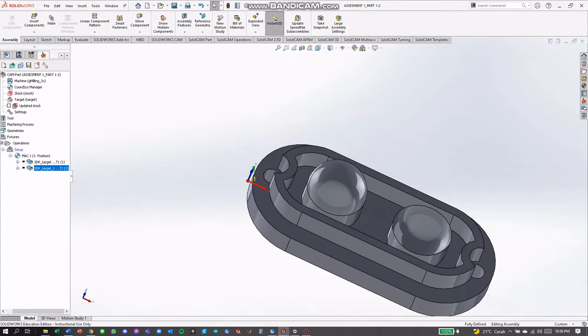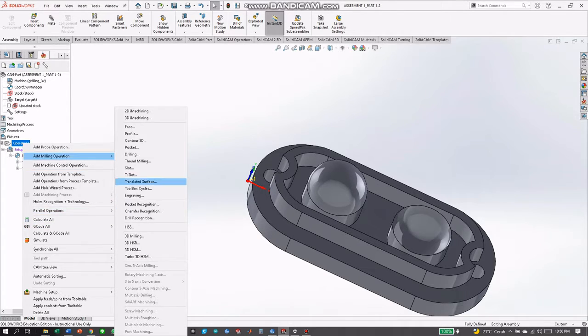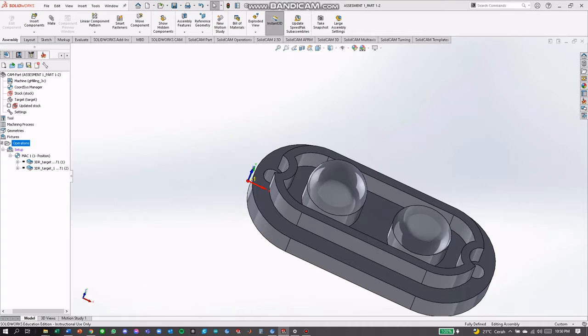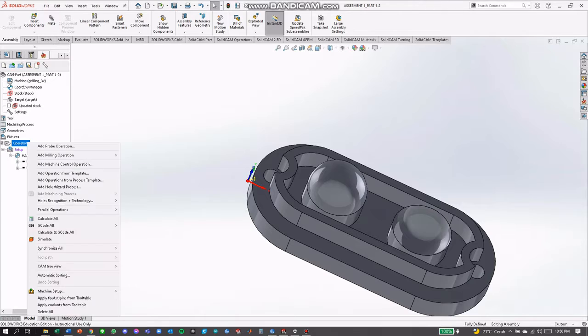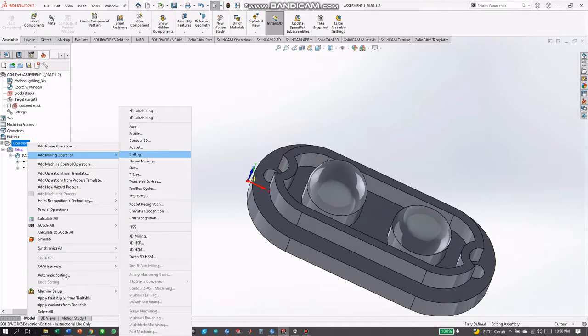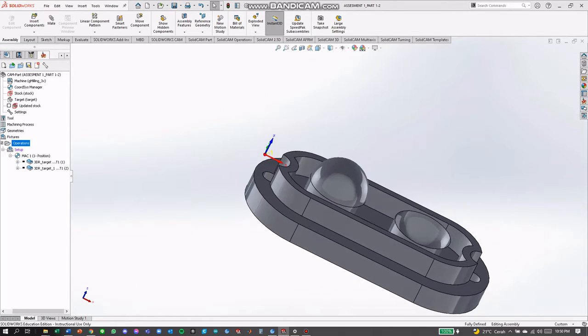Now we are going to drill the holes. We're going to drill holes for the third operation, because to make this part, you'll need a small cutting tool. Of course, we will use 3D milling. Sorry, not 3D milling. We'll use drilling, and then we will pick the bottom face